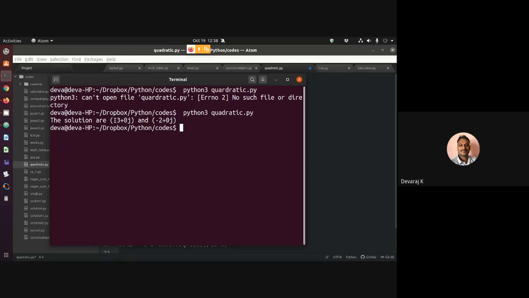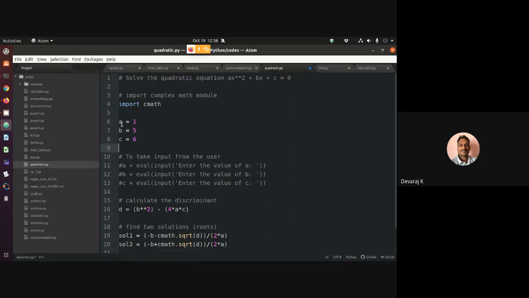My output is: I have one real root, that is minus 3 plus 0j, and I have another root, minus 2 plus 0j. So minus 3 and minus 2 are the roots of the equation for that particular case.